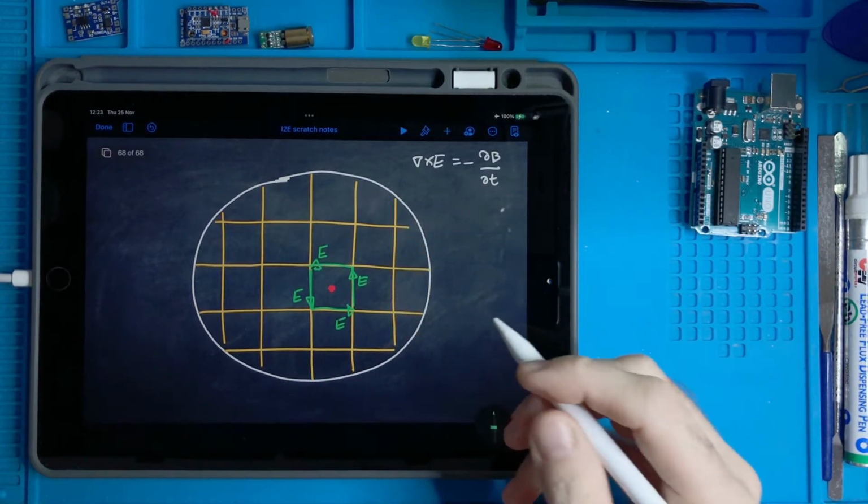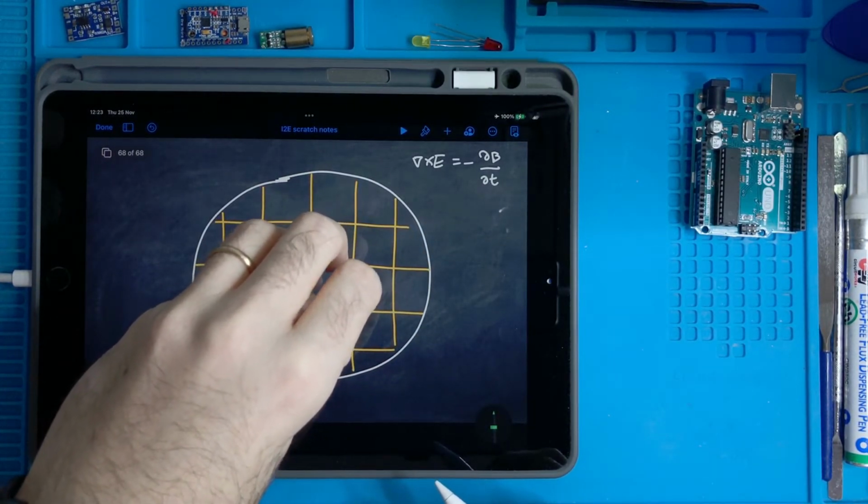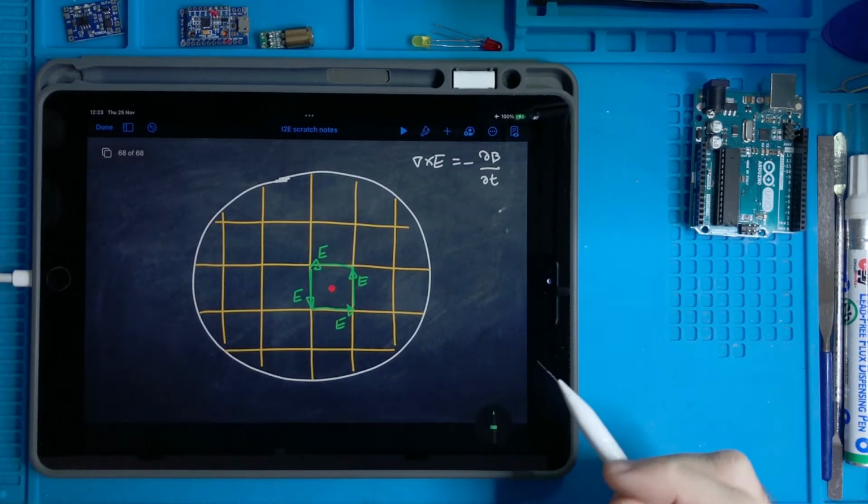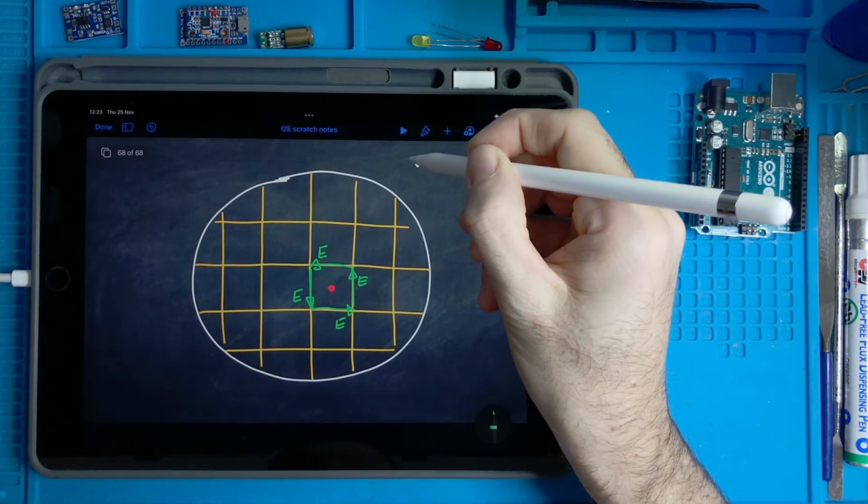And by making these loops very small, infinitesimal, then I get the definition of curl